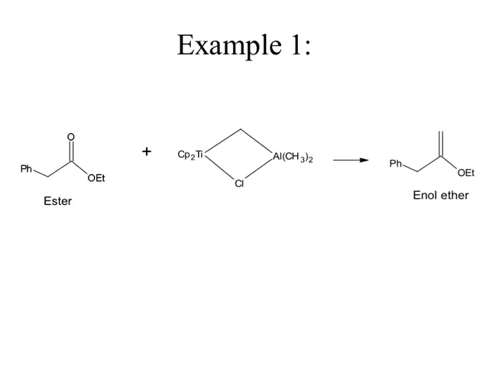So, let us discuss the examples. Here the first example is of an ester. The ester is treated with Tebbe's reagent. What you have to do is, instead of the carbonyl group, you just have to put C double bond C. So, in this product we get an enol ether. Now, this carbon atom is actually coming from the methylene group of Tebbe's reagent. So, oxygen is replaced by the methylene group of Tebbe's reagent, and we get the corresponding enol ether if the ester is the starting material.